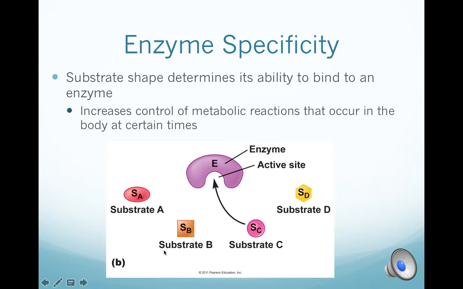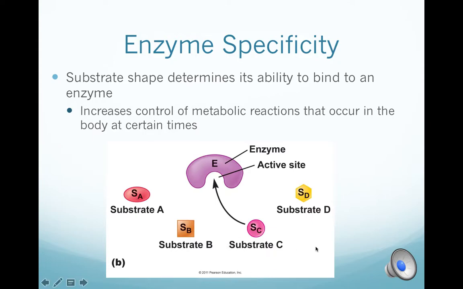Substrate A, substrate B, substrate C, and substrate D. Only one of those substrates actually has the proper shape to fit into the active site of enzyme E. So only substrate C will work with this active site of enzyme E. Substrate D, substrate B, and substrate A all do not have the proper shape to fit into the active site of that enzyme. So if enzyme E is present in the cell, a chemical reaction including only substrate C will